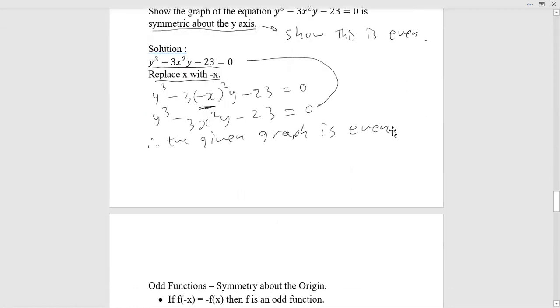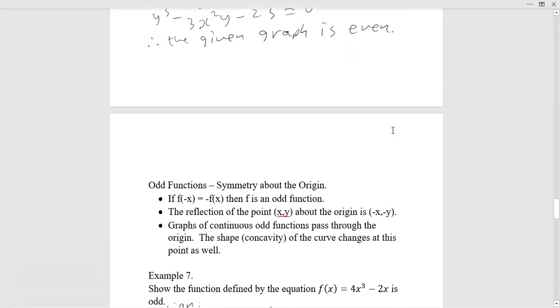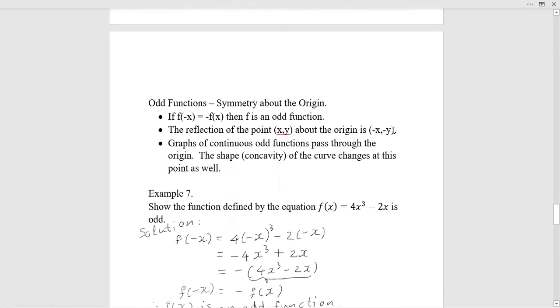All right, that's about even functions. Now, odd functions. What are odd functions? Odd functions means the function has symmetry about the origin. When we discuss y-axis symmetry, we assume the y-axis is a mirror. To get origin symmetry, each point on the right side of the graph,